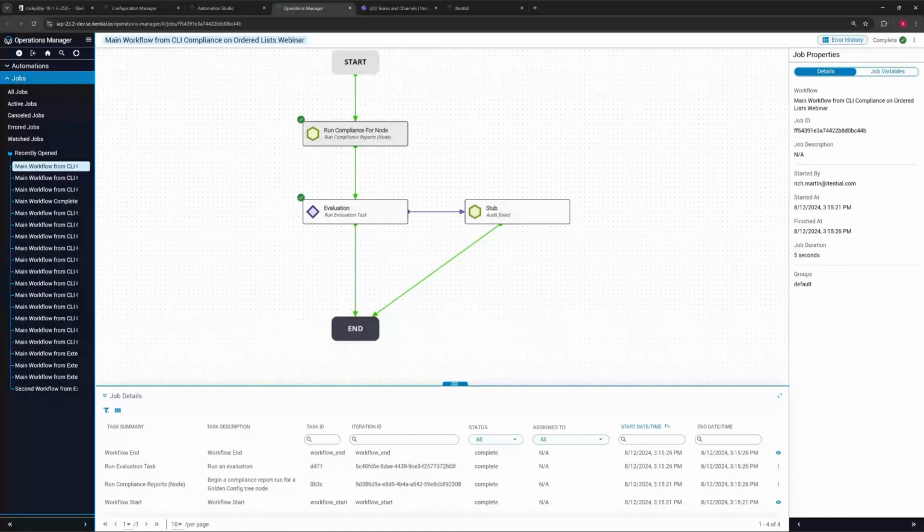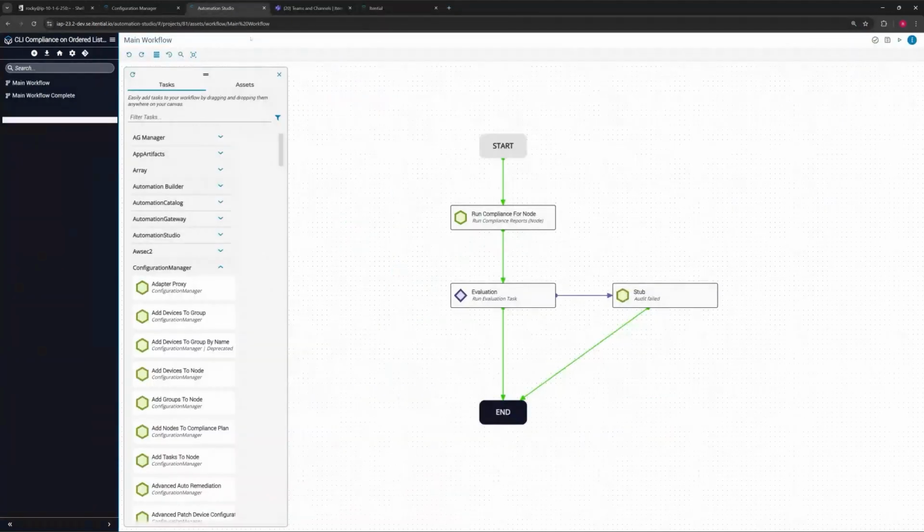Everything was right on the money, right? Our compliance audit was great. But if it fails, we need to do something. We need to dig into that report. We need to find out what's going on. We need to figure out why it failed. So we just saw a success path here. So let's make a change to our configuration